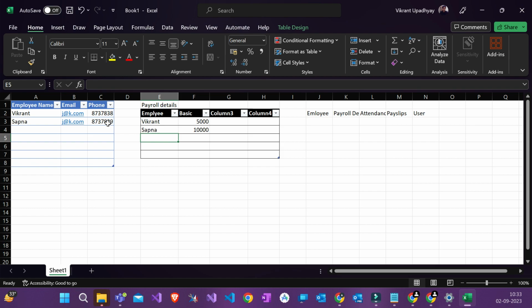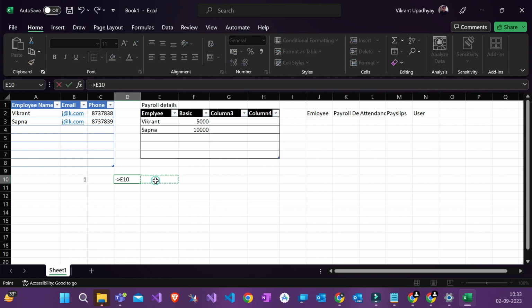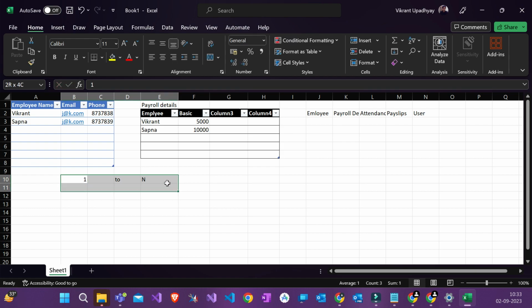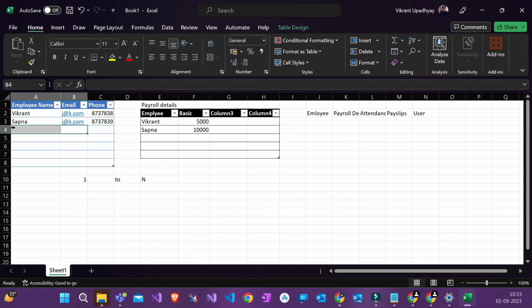See, one employee can have multiple rows here. It should not have, but still it can. It is the lookup. So it is 1 to n. Oh, कुछ फॉर्मूला लिखने का है क्या ये? Okay, it is a relationship of type 1 to n. 1 is to n. So one employee can have multiple rows here.